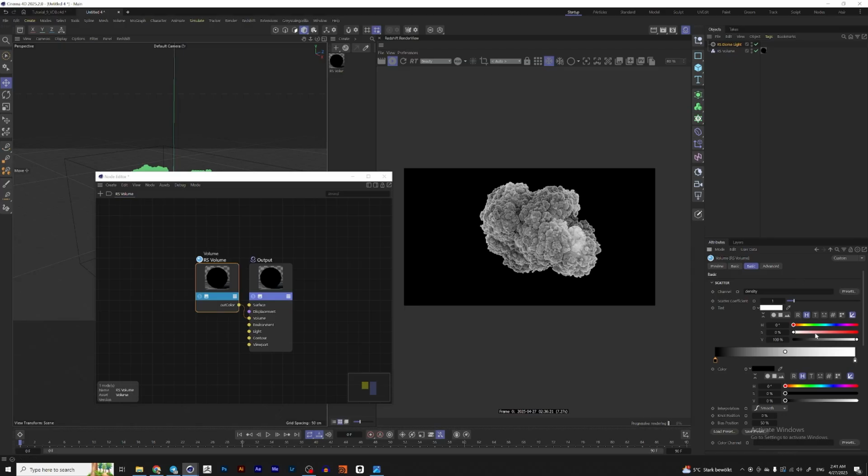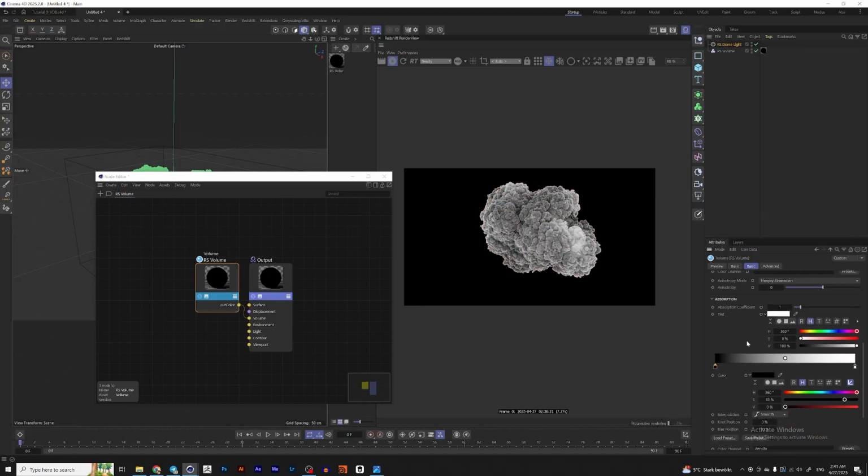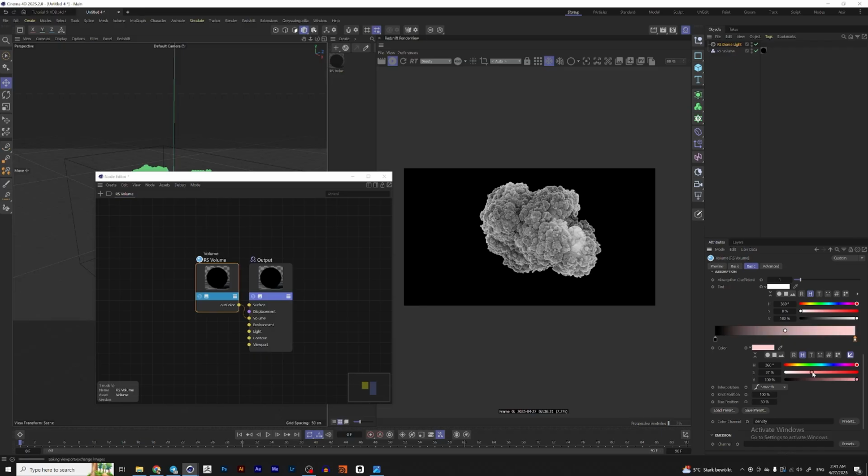Also we have tint, so with tint we can make our cloud some different color, for example red or blue or anything you want. But a much better way, I would say, is to change it in absorption. And if I make it red over here, you can see that it gives a much better result. The other way, we can change these knots, and for example, if I make this ramp from black to pink, you can see how it affects our cloud a little bit differently. The one thing I wouldn't recommend doing is to change, for example, in absorption this node, because if I make it even like